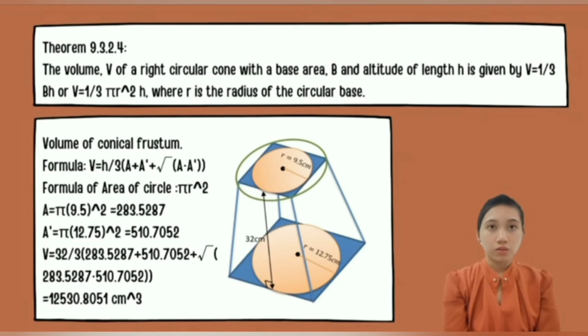Next, we need to calculate the volume of conical frustum. The formula to calculate the volume of conical frustum is the same as the formula to calculate the pyramidal frustum, but the upper base and the lower base of conical frustum is circle in shape. So we need to use the formula of area of circle, which is pi times r to the power of 2, where r is the radius. From the diagram we can see the radius of upper base is 9.5 cm and the radius of the lower base is 12.75 cm. So we just need to substitute all the values into the formula and we get the volume of conical frustum is